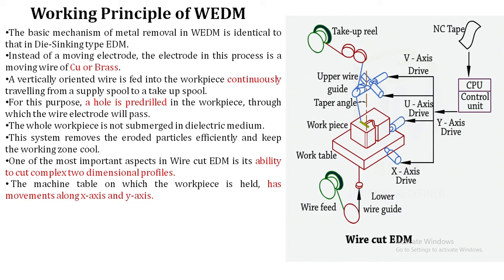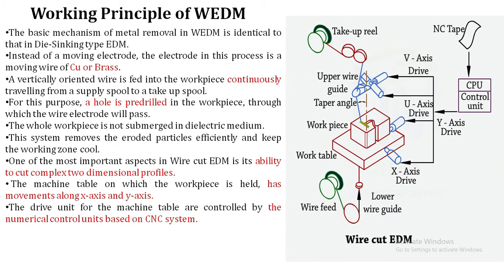According to that, the workpiece is also moving in that particular direction, and it should follow the path of the movement of the work table. So according to that, whatever profile you want to manufacture over that surface, you can easily manufacture with the help of the table movements along the x-axis, y-axis, u-axis, z-axis, v-axis. There are various axes.